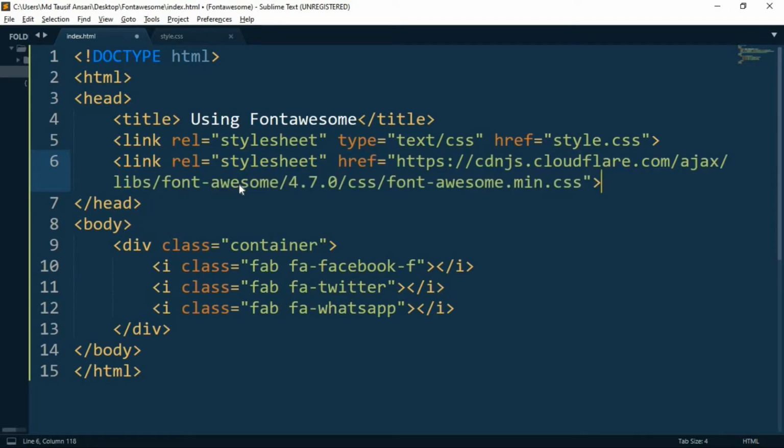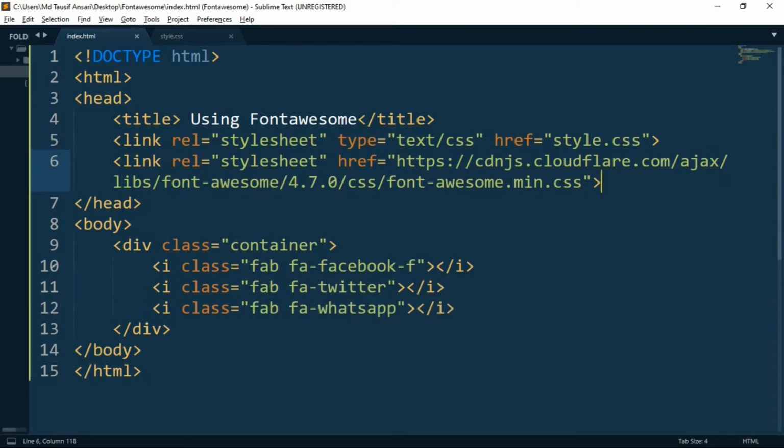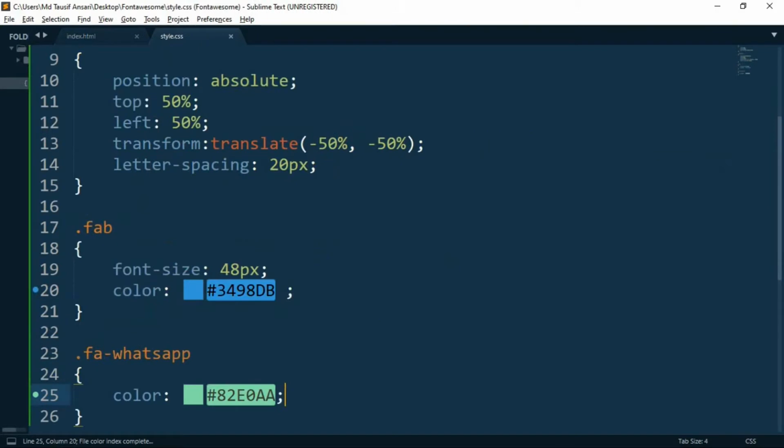As it is the older version of Font Awesome, as you can see 4.7.0, there are some changes in it. This fab class was earlier used just as the fa class, so a lot of things are going to change.